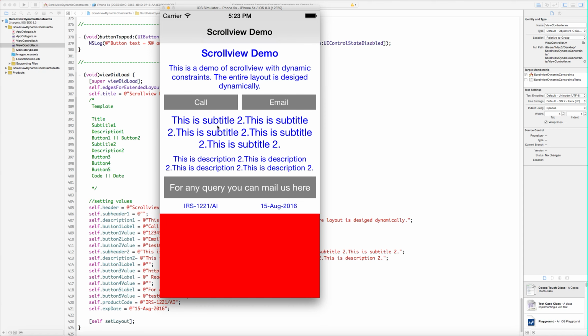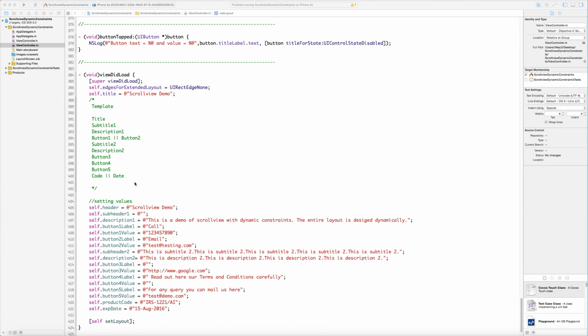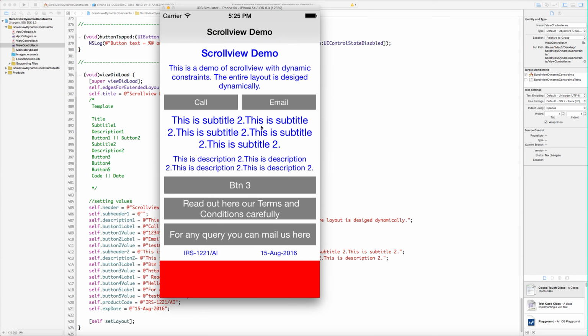So thinking in that way, we are going to give the constraints, and then we have here some buttons. Let me show you. This is the actual demo, I mean the actual output. Okay, so there are three buttons: button 3, button 4 and button 5.